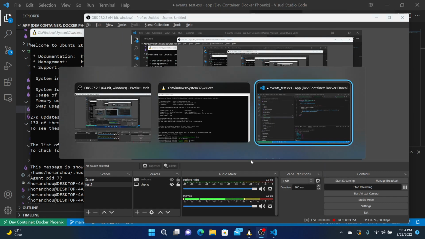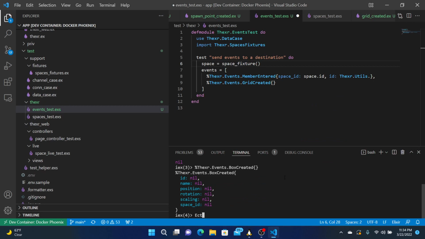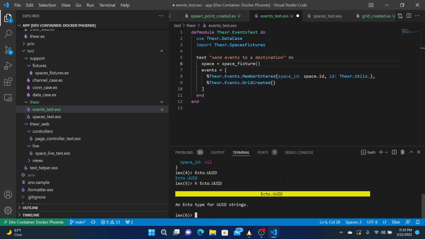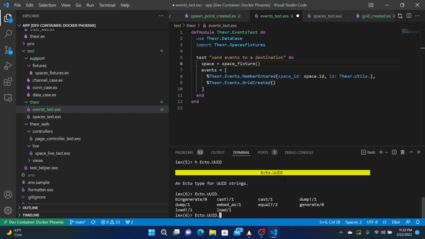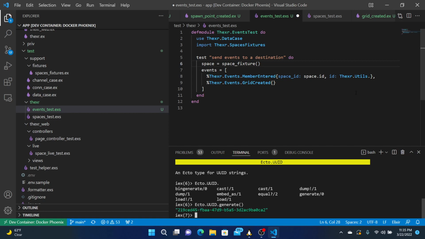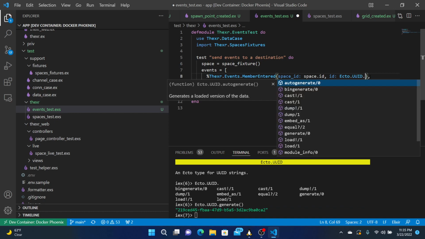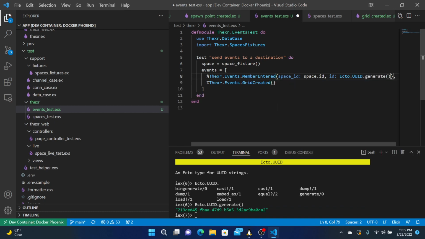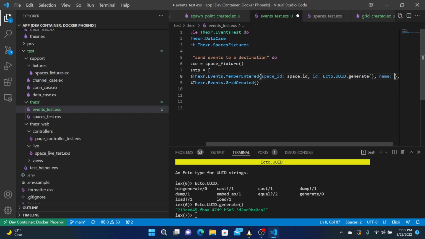It's called the Ecto UUID or something. Generate. And a name is Bob.